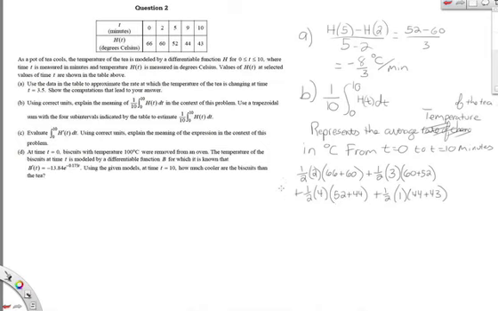And this would be the total, and then I would have to divide it by 10. So I'll get 1/10 of that, which is going to be, let's see, those cancel, so we're going to have